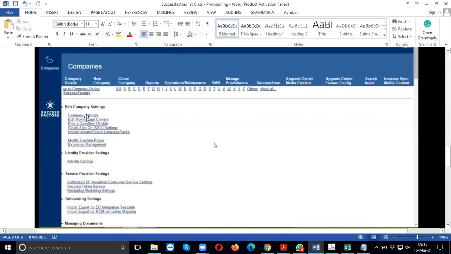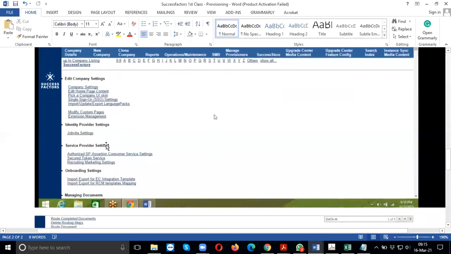In case the company is looking for single sign-on, then they will start working on single sign-on settings. If the company is not looking for single sign-on settings because they might already be using a single sign-on which is already a part of their organization, then they will look for company settings.